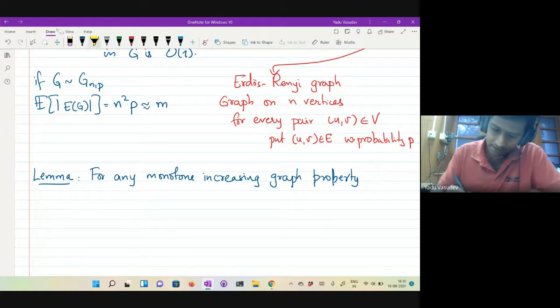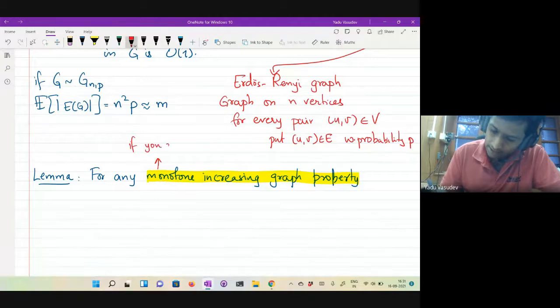This is a property where if you add more edges, the graph continues to have the property.